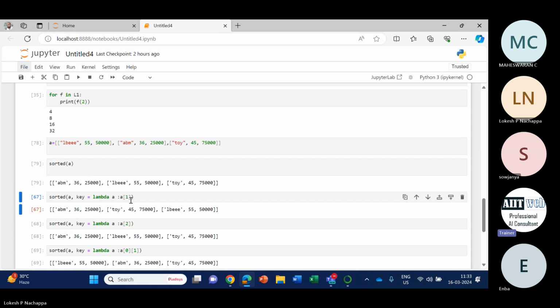Okay, so here if you are giving this complete sublist, it will sort, and by default it will take the first element. But here we wanted to change the element to the second. So that is what we are trying to do here, we are taking the element of